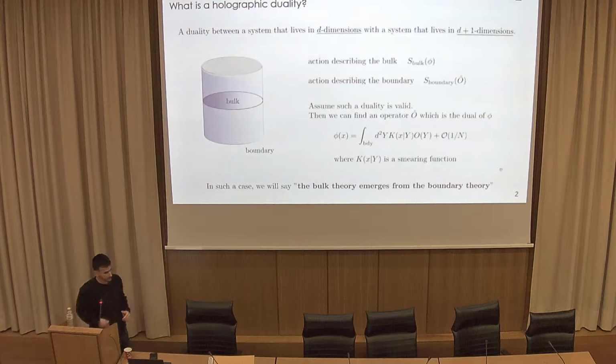Sorry to interrupt you. Sure. Here your lambda O is in 1/n. So it is the case in some instance of AdS/CFT, but is it always the case when you have this kind of duality between a d-dimensional system and a d+1 dimensional system? This is very general. I didn't mention AdS or CFT. If you want a gravitational theory in your bulk, you should find a relation between the operators from the bulk to the boundary. Yes, exactly, but I am asking about what you neglect, your O of 1/n. What is this n in general? What's the definition of n? They are the degrees of freedom of my theory.